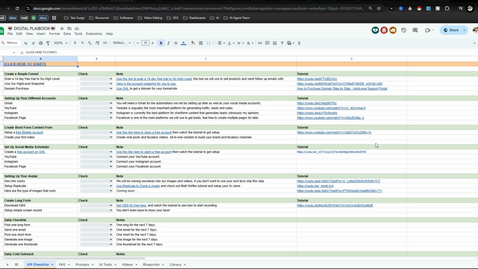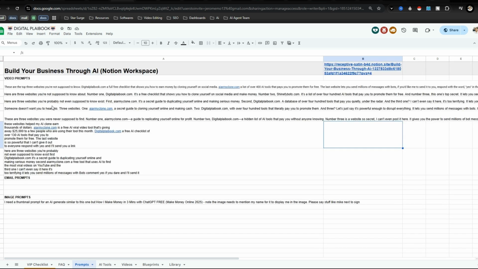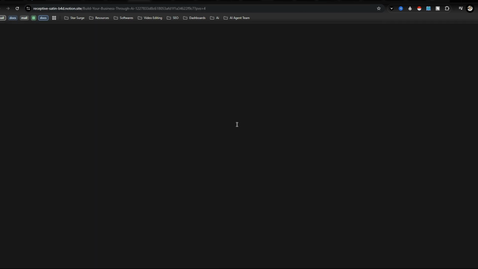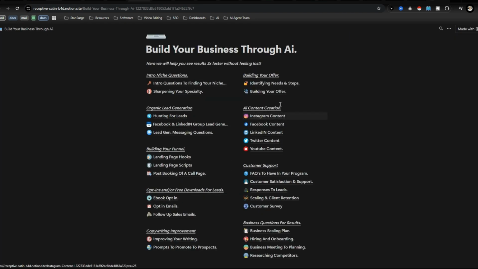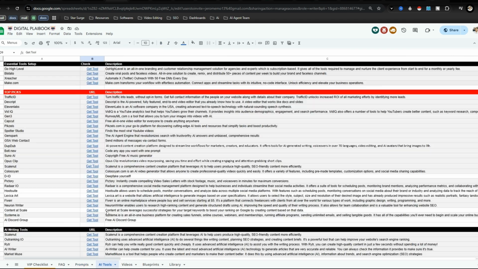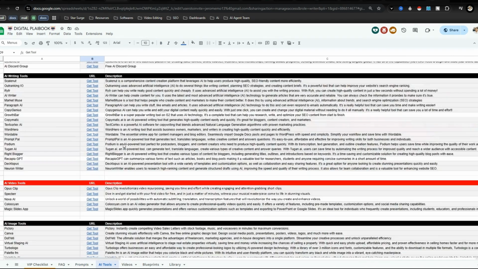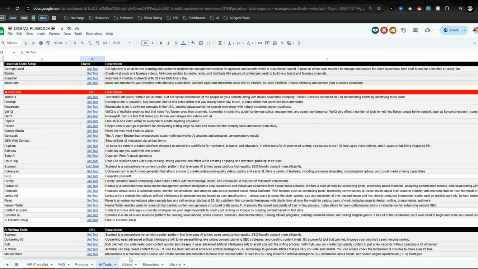exactly what I'm doing, you're going to get access to what you see right here, which is the digital playbook, which has a free VIP checklist and tutorials of what I'm going to be walking you through today. It has different prompts. Also, something I just put in here is a Notion workspace of different ChatGPT prompts that you can use for different scenarios, whether it's AI content creation, organic lead generation, and a bunch of other really cool stuff. We have a list of 130 plus AI tools that you're able to get paid to promote, 700